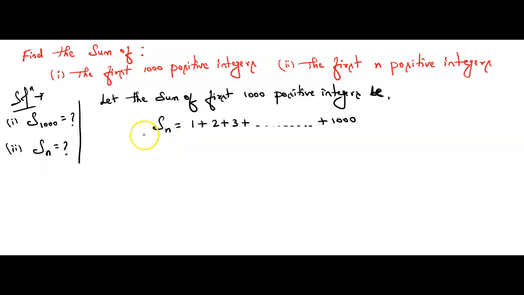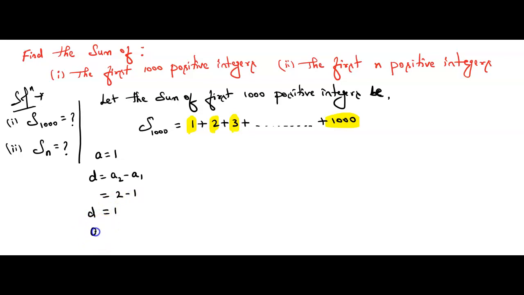If you are going to add all these 1000 numbers, instead of n I will substitute S1000, the sum of 1000 terms. So what is the answer you will get? That is the question. Now you can see the first term is 1. This is my first term, this is my second term, this is my third term and this is my last term, correct? First term is 1 and what is the common difference? That is A2 minus A1. Second term is 2 minus first term 1, 2 minus 1 is 1, so the common difference is 1.